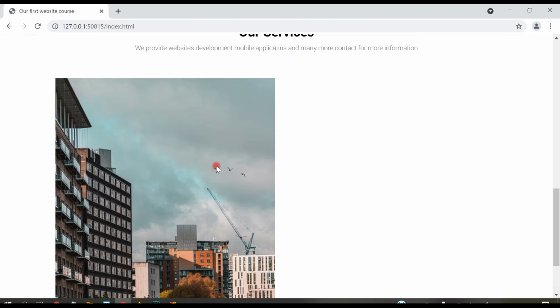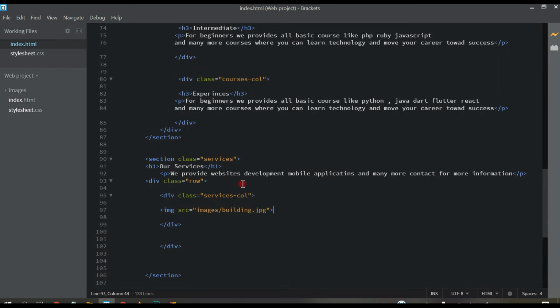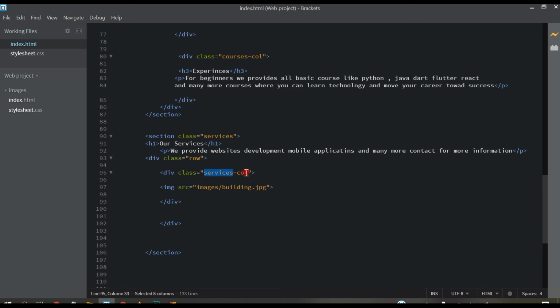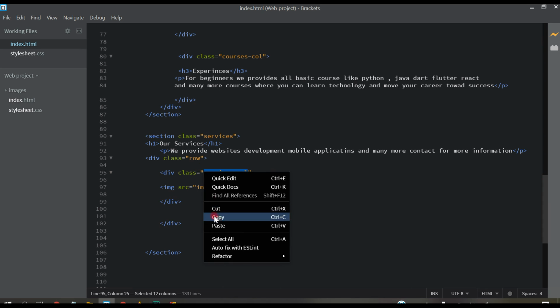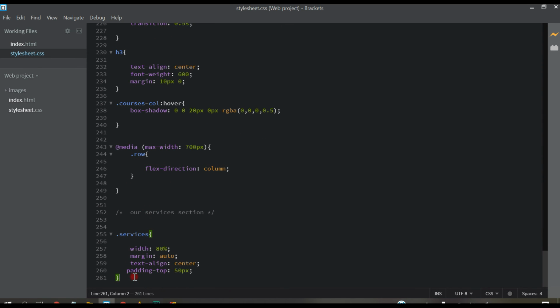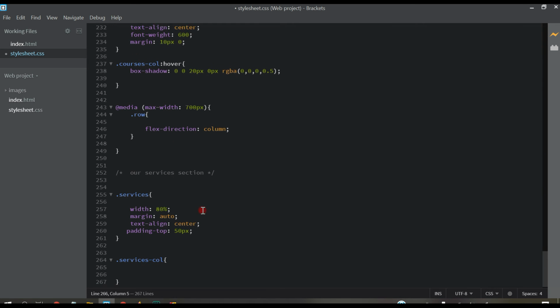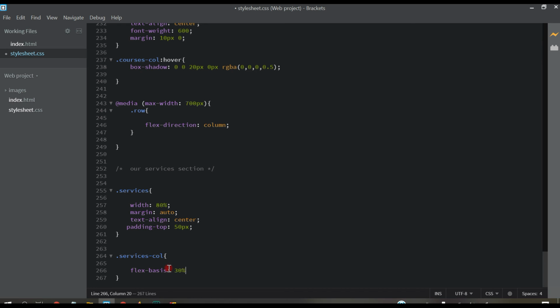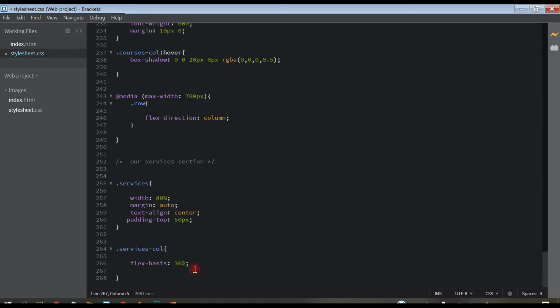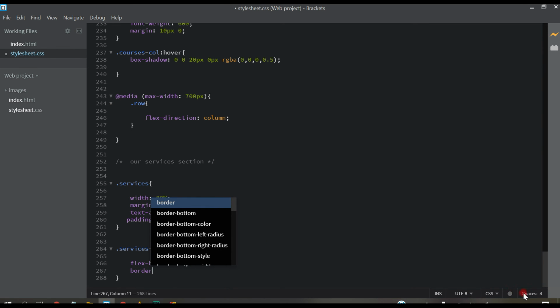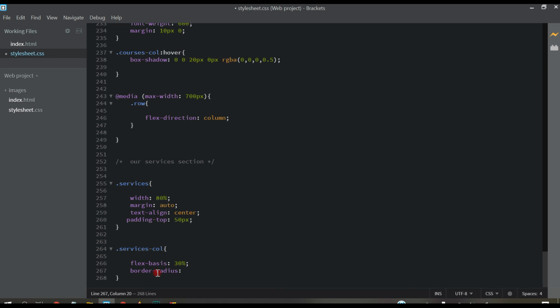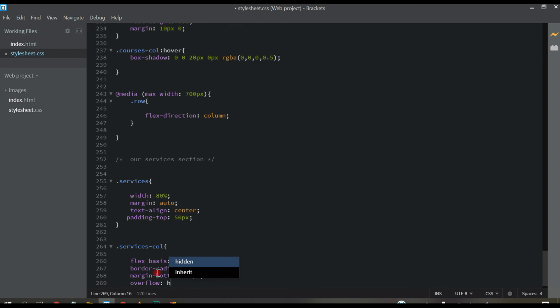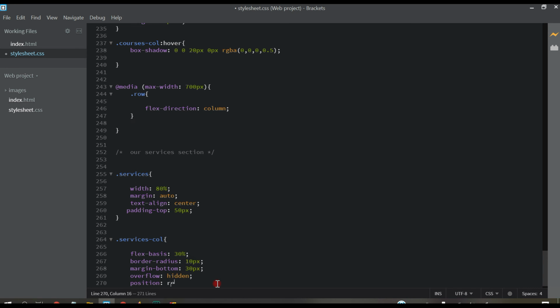We have to style this image. So for that, now go to the CSS file and just copy this service call, and down below paste it here, open bracket, and then flex basis 30%, border radius 10 pixel, margin bottom 30 pixels, overflow hidden, position will be relative.